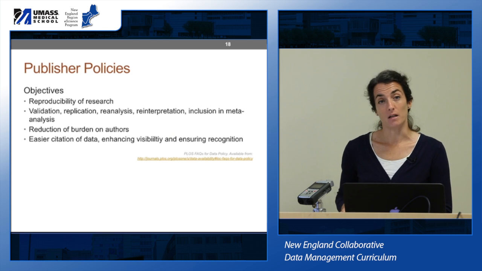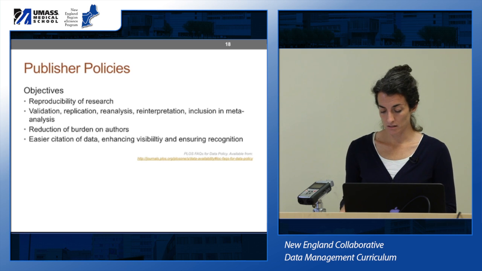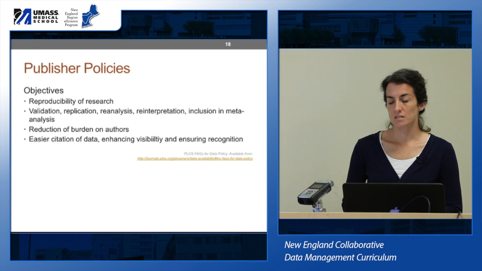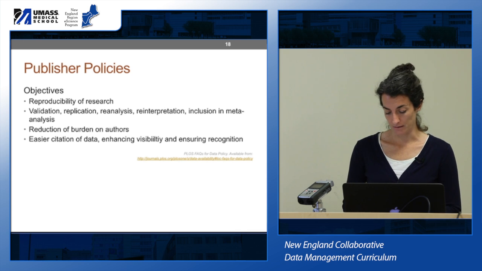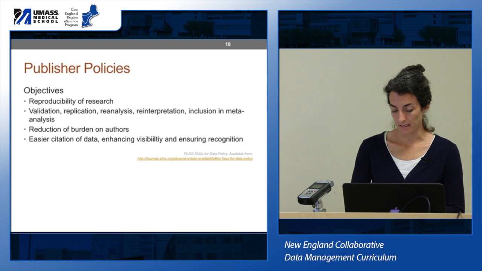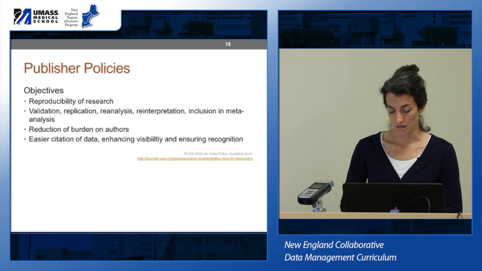The third type of policy that directly affects a researcher is publisher policies. Publisher policies are focused on data that supports their published claims. Increasingly, journals are issuing policies that require or recommend increased access to data underlying their published claims. For example, the Public Library of Science, which is a leader in this area, has some justifications for a data sharing policy,